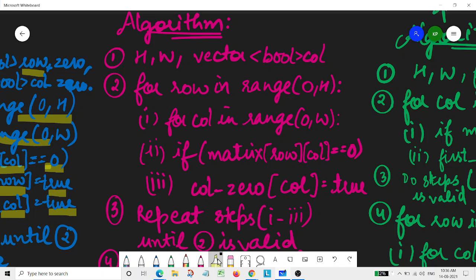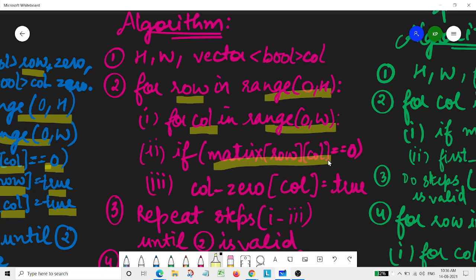While traversing, I'll go to this range, and then for the column I'll go to this range. Then I'll check if any cell there is having 0, then I'll mark that particular column as true. So by the end of this loop, I'll get all the columns which are having the value 0, because I'm marking them as true.